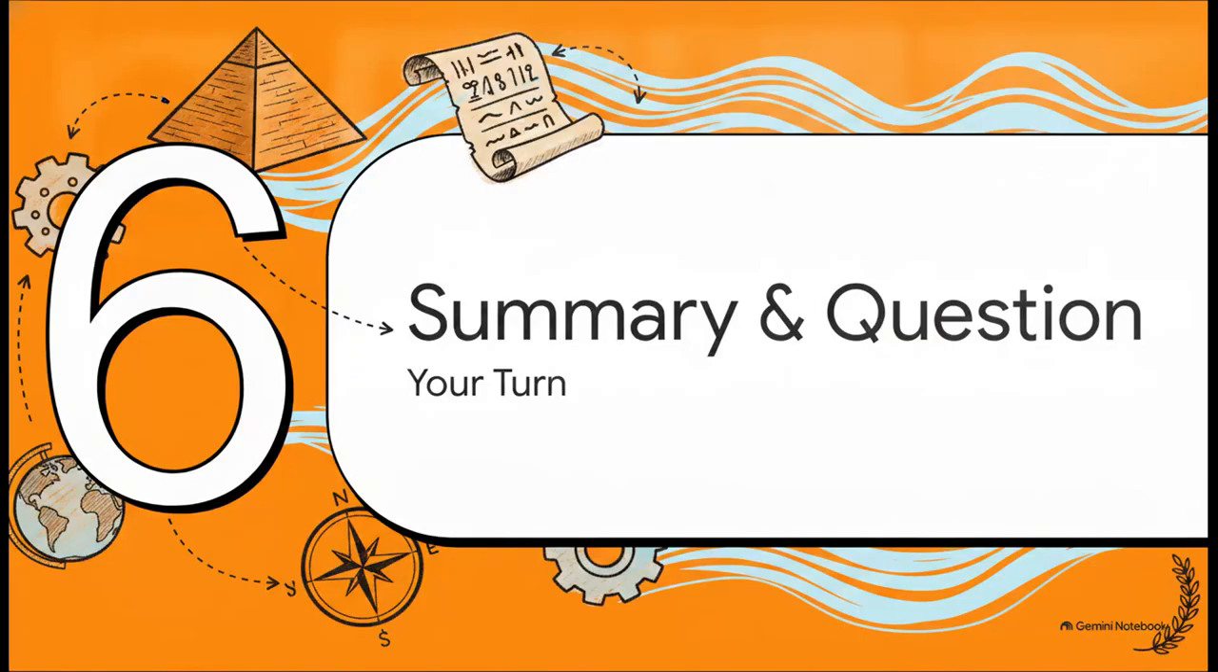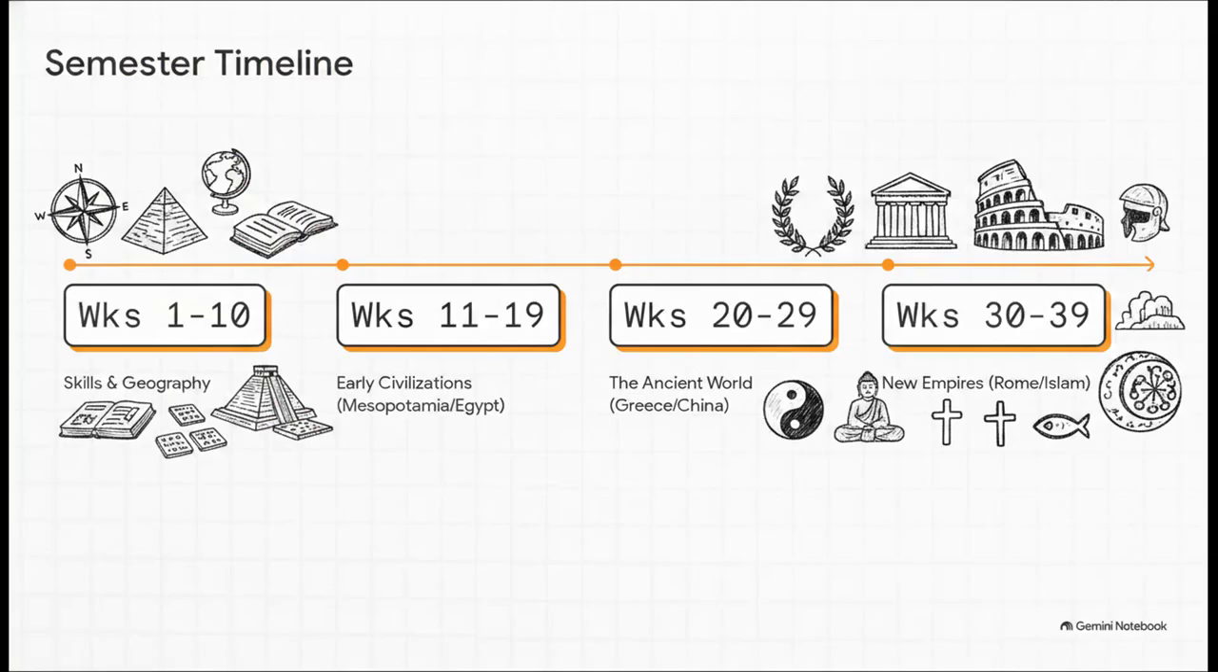Section 6. Summary and final question, your turn. Now, while historical timelines obviously stretch across countless empires and eras, your focus for this specific project is going to be entirely on the early civilizations. Specifically, you're going to be looking really closely at the societies of Mesopotamia and Egypt. This specific era is your historical playground for now, so pick the factors from this period that fascinate you the